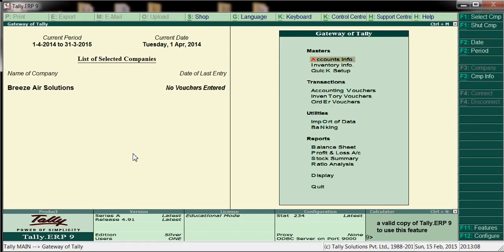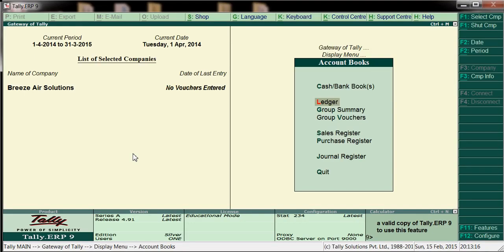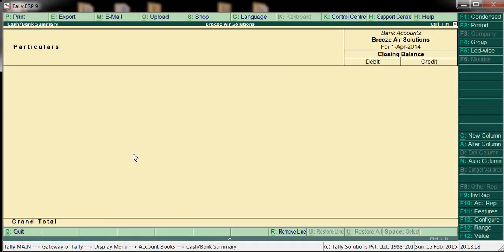Now we'll post one cash entry. We don't have any cash balance right now; if you see here, nothing is there.